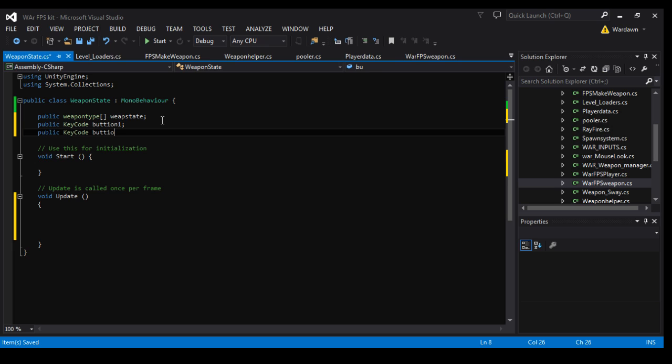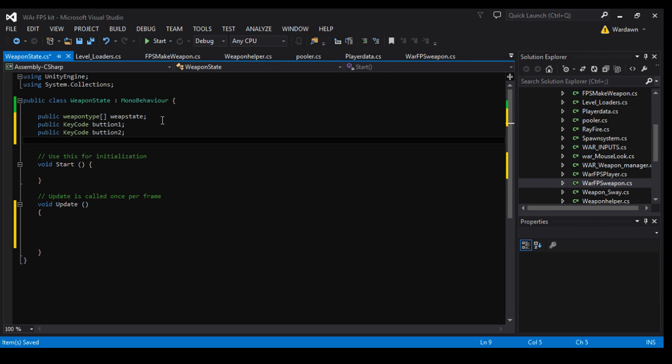Button 2. Key code button 3. And we could always wrap these in things, but what I want to do,